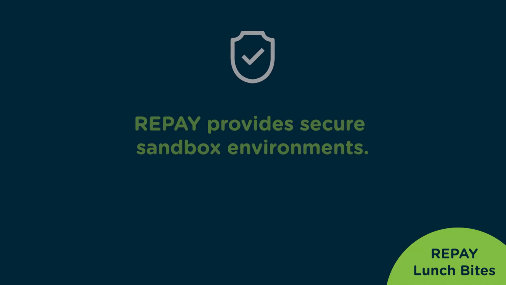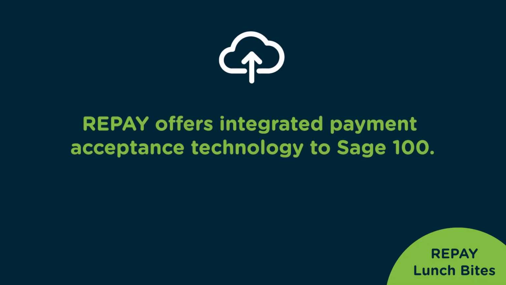from home. To the extent that we can sandbox, and to the extent that the sandbox is available, and sandboxing just means, hey, with something like REPAY, where we want to send a test credit card transaction, I don't want to do that on my personal credit card or your card. So typically these third parties will have something they refer to as a sandbox, where you can do test transactions to make sure that it's connecting properly without having to send a live one out, right? If I'm doing shipping, for example, I don't want to have UPS come in and look for 15 boxes when I'm just testing out my system. So sandboxing is a great way, and a lot of third parties have that ability to sandbox so that you